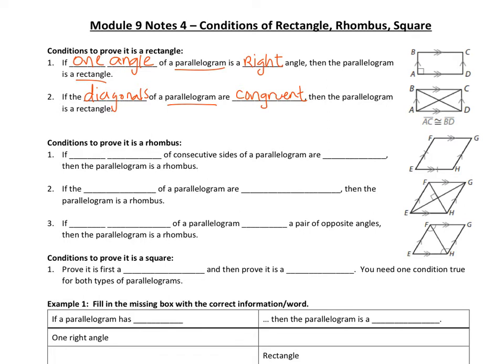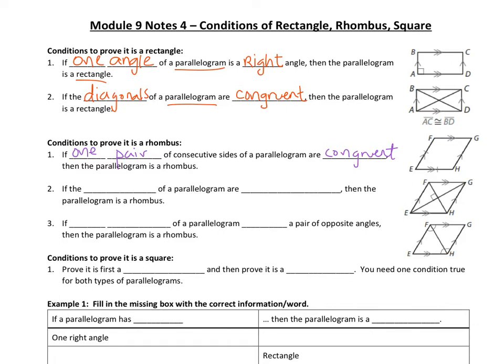Next up is a rhombus. So also we have to know first that it's a parallelogram, and then we also have to know that one pair of consecutive sides is going to be congruent. For the second one, we need to know it's a parallelogram first, and then the diagonals need to be perpendicular